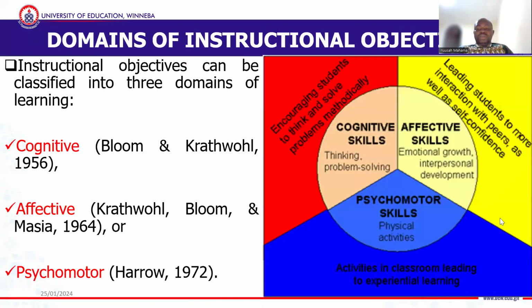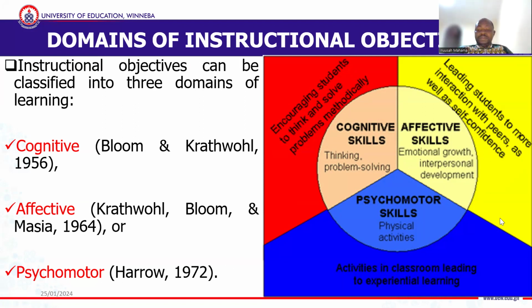We have domains of instructional objectives. These domains reflect the domains of every learner. You have met these things back in junior school or college, whilst you were doing your college programs, even when you were doing psychology. When we say domains of psychology, they are no different from the domains of instructional objectives.